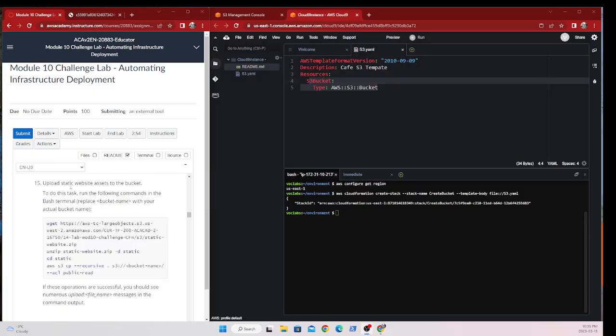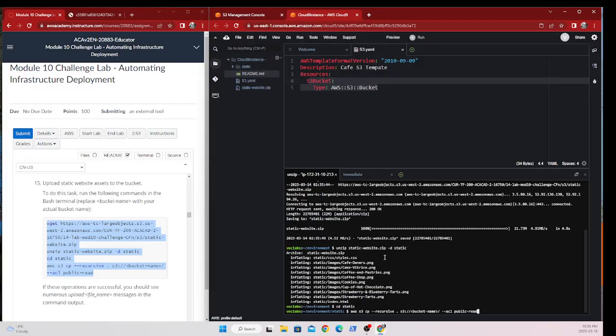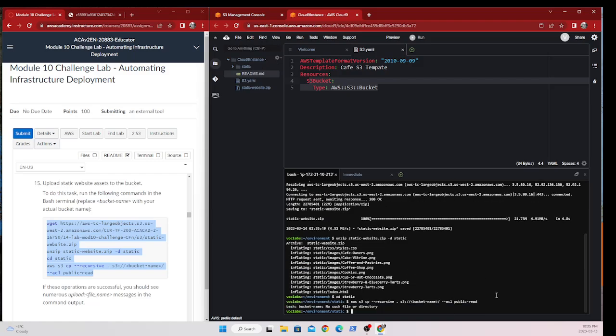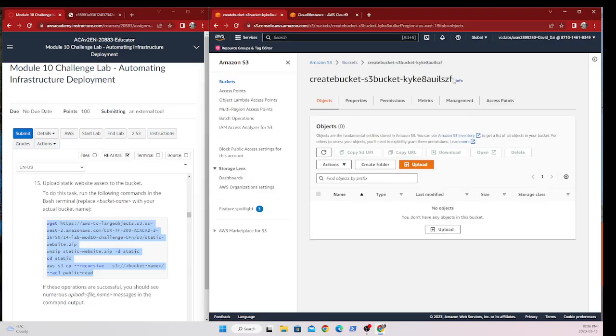So next, we need to upload the static website contents to the bucket. So I go to copy and paste the command here. Zip file uploaded. So press enter to copy over to S3. No such bucket. Remember, we need to replace this with the actual bucket name, which we can find here. Let's select the bucket name, go back,